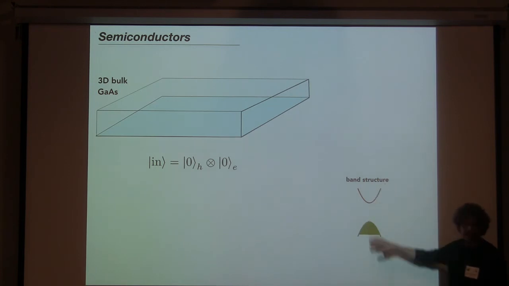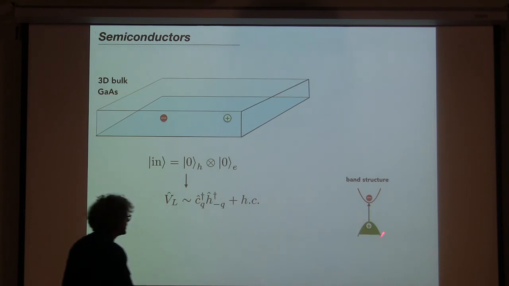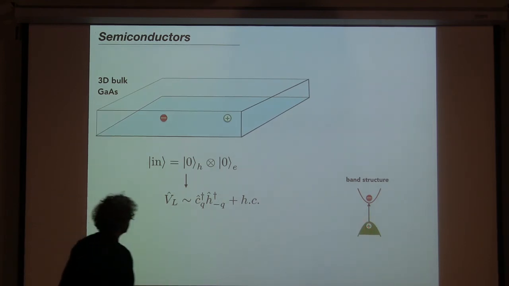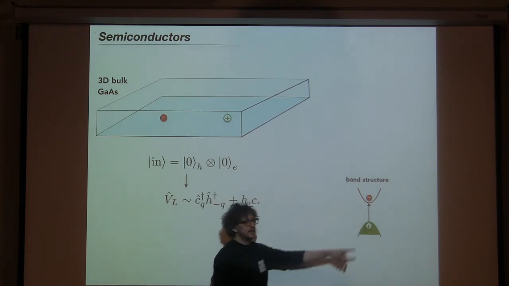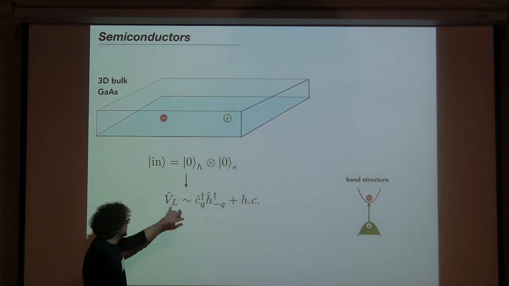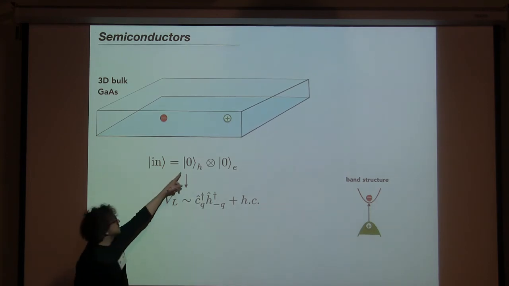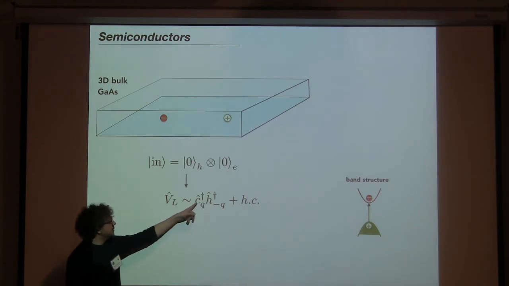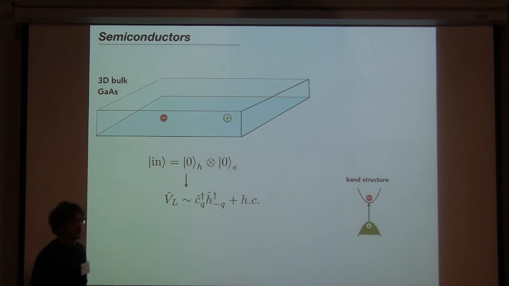We have a conduction band and a valence band. Now if we have a laser, we can excite electrons from the valence band to the conduction band, and what we effectively have then is a hole in the Fermi sea here, and an electron over there. The hole has a positive charge effectively, and this is of course a negative charge particle. So our laser operator this time takes the bulk semiconductor, which has no hole initially and no electron, and makes a hole and an electron. The electron is in the conduction band, the hole in the valence band.